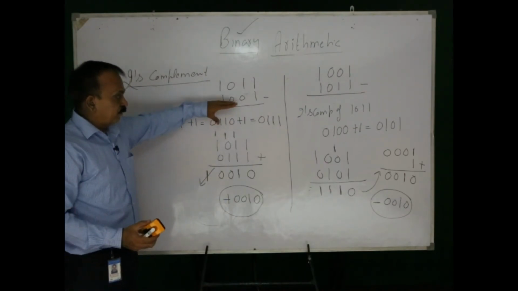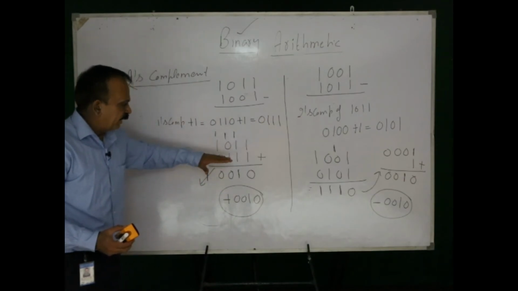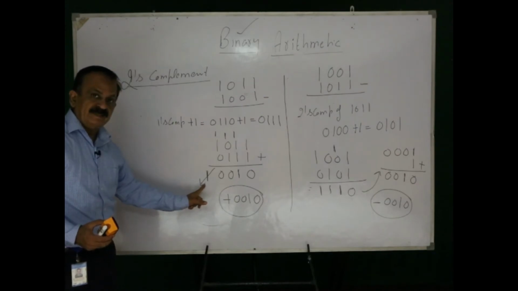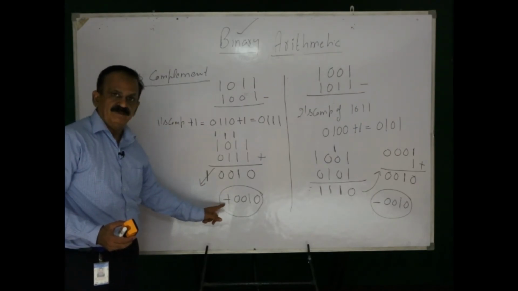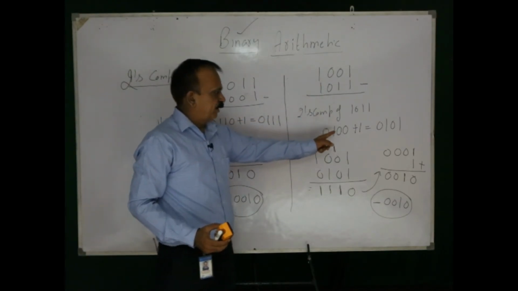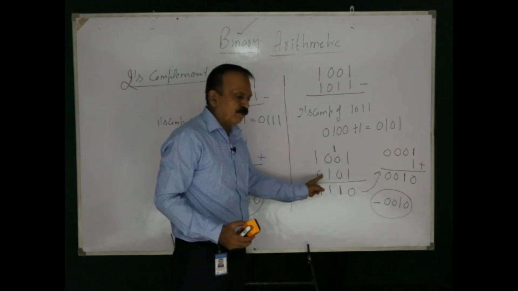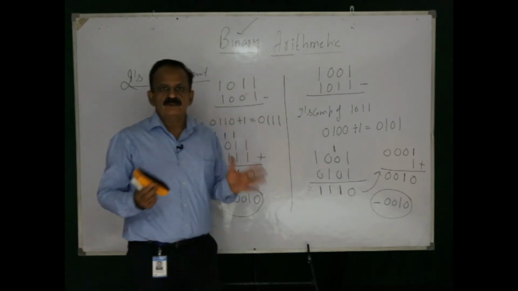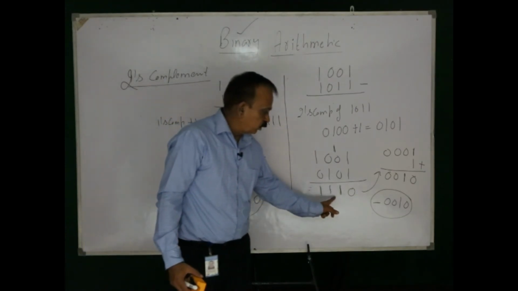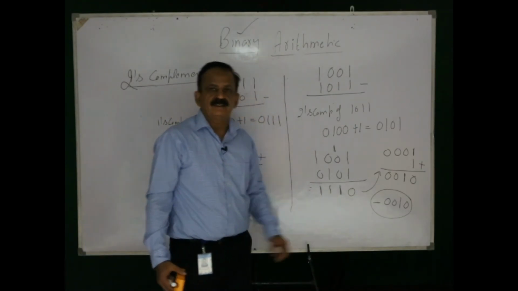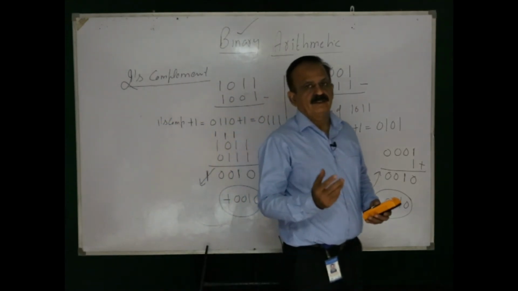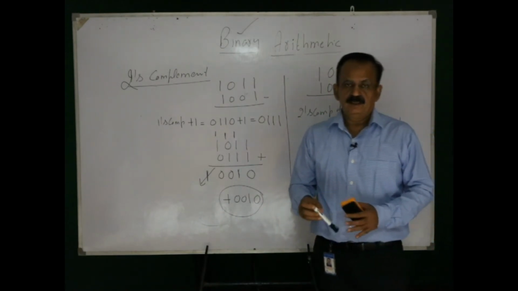So I am repeating. Find the 2's complement of the negative number here. Add the 2's complement to the other number. Yes, these two are added. If there is a carry, the answer is going to be positive and neglect the carry. Find the 2's complement of the negative number. Add this 2's complement to the other number. If there is no carry, the answer is going to be negative, and it is the 2's complement of the result after addition. This is how 1's complement and 2's complement methods are used for